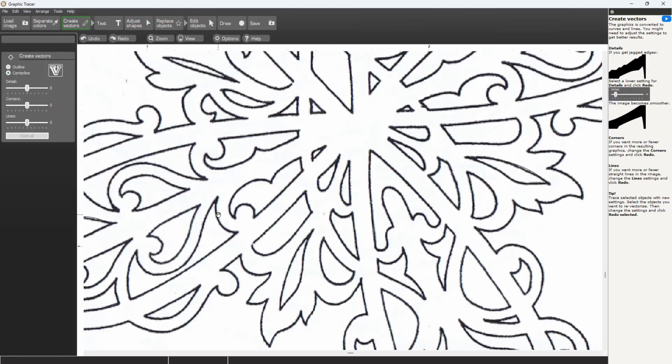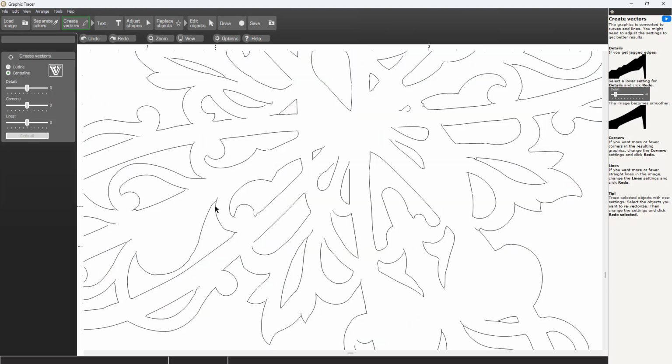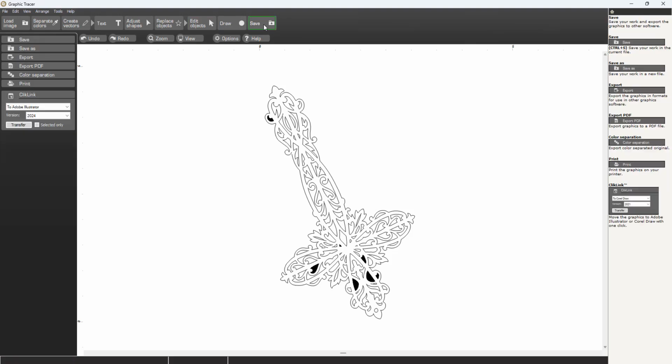You can press the spacebar to display the original bitmap image. This makes editing easier and helps you achieve better results. When you're satisfied with the result, simply click the Save Mode button and export the image in the format you